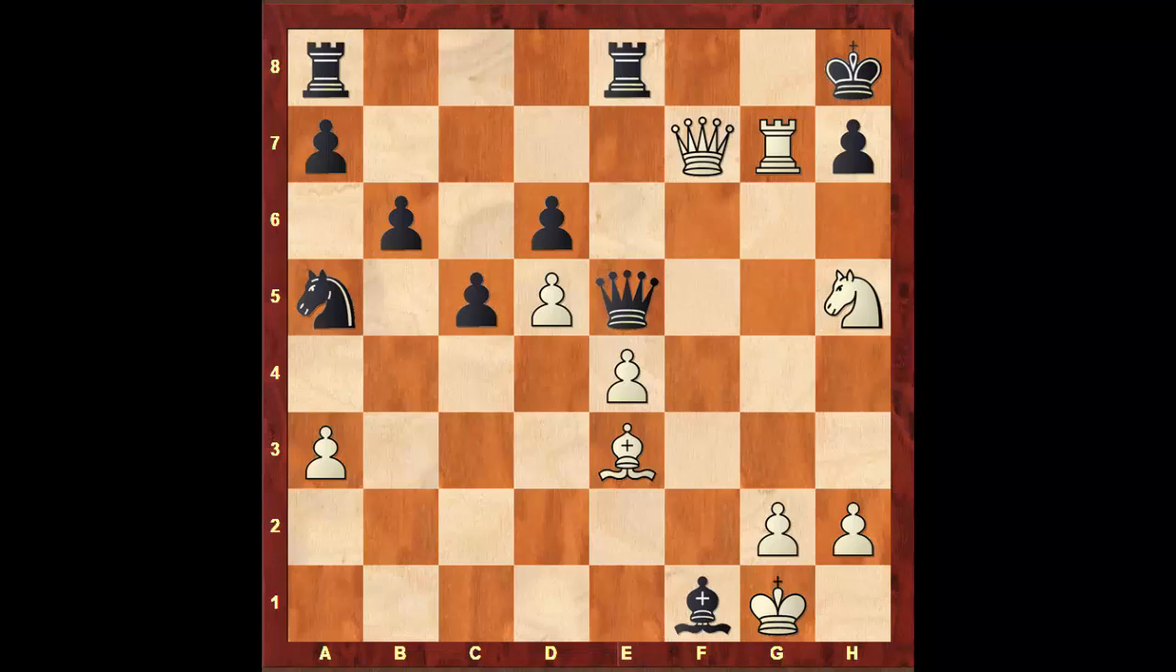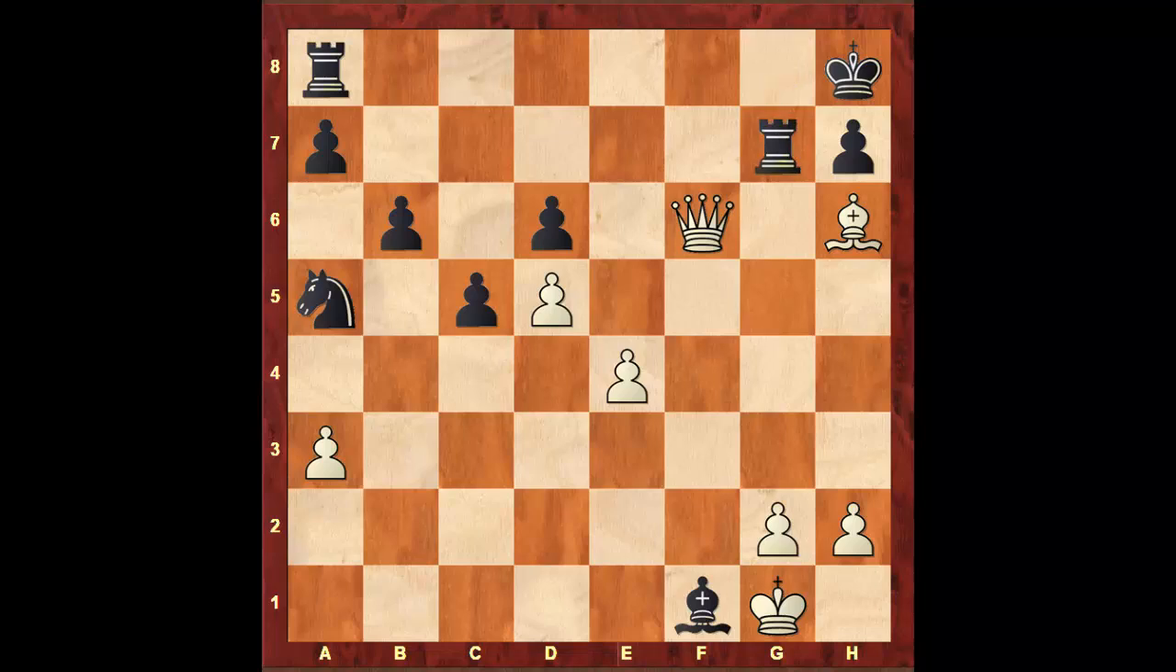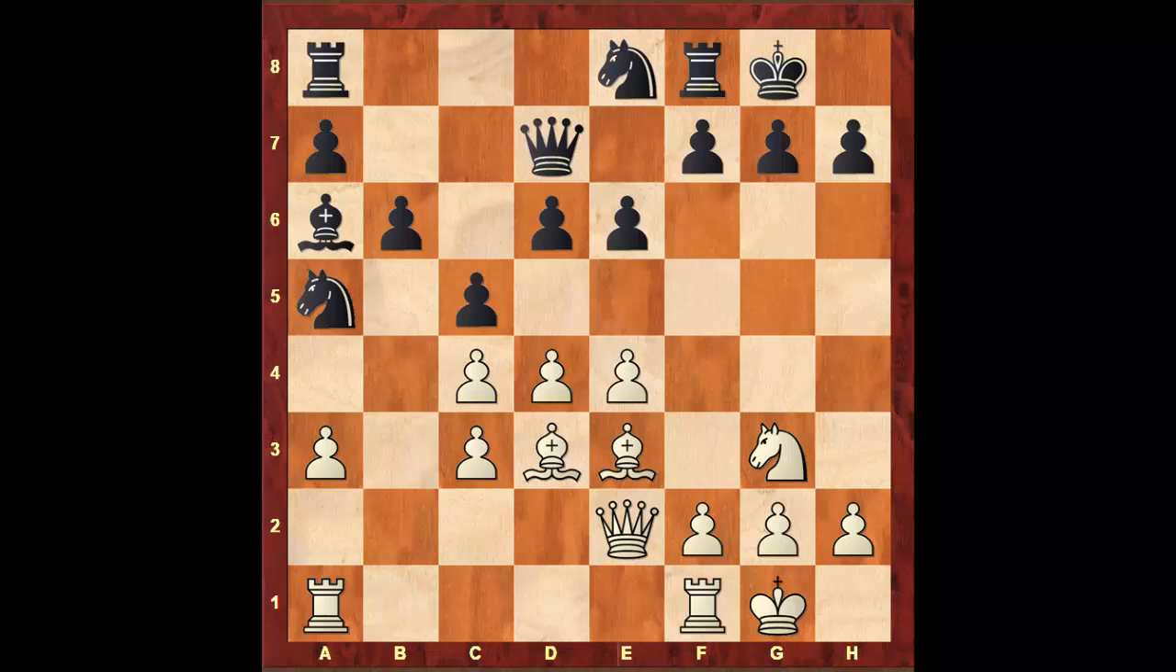So black will have to sacrifice the queen, and after white captures the queen, king takes g7, bishop to h6 check, king to h8, queen to f7, rook to g8, queen to f6 check, rook to g7, queen takes g7 is checkmate again. So coming back to the game, after white played the pawn to f4, here Reshevsky plays an